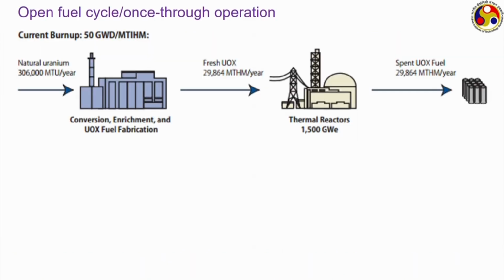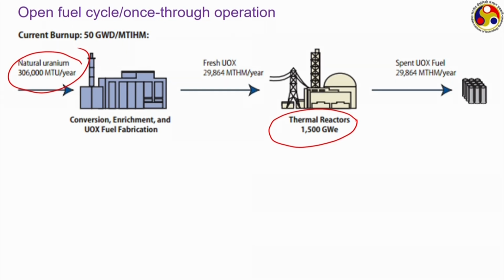Now, first in the fuel cycle, the first kind of operation we can have is the open fuel cycle, where this natural uranium, after going through conversion, enrichment and uranium oxide fabrication, is supplied to a thermal reactor, and whatever comes out of the thermal reactor is just thrown away as the spent fuel. Therefore, to produce a thermal power of 1500 gigawatt using this thermal reactor, we need something like this amount, 306,000